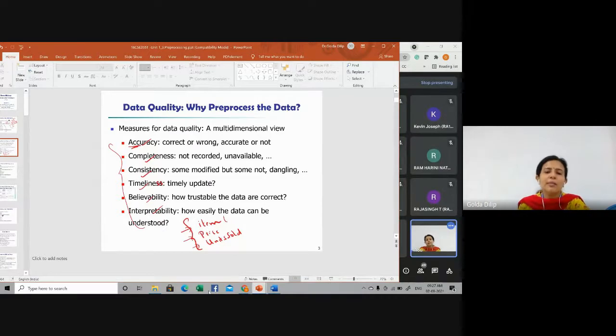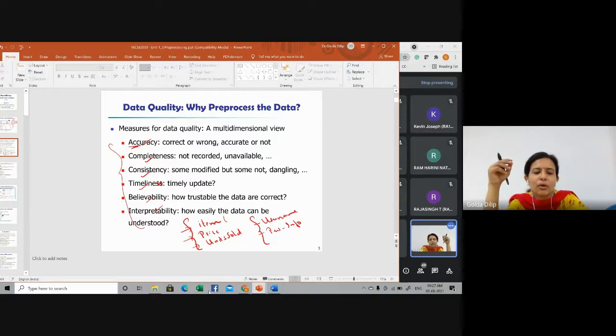Then again, in some cases, some user's personal information is being asked, username and some other information. This also was taken for data analysis. For example, certain users may not like to give their personal information, especially their birthday. So when birthday is being asked as one of the attributes, rather than filling in their original birth date, they just keep the default date, whatever is being shown there. Generally, Jan 1st will be shown as the default date. So this is actually a case of missing data, disguised missing data.